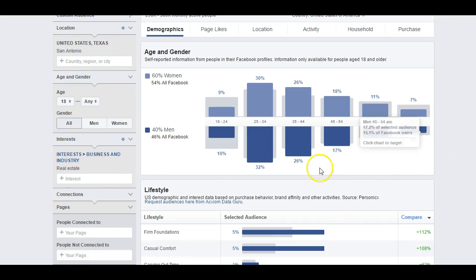First off, we're going to look at age and gender. So we don't have a whole lot of engagement from people on real estate between the ages of 18 and 24. So we don't want to target that age group between 18 and 24. The sweet spot is actually between 25 and 64 years old. Your absolute sweet spot is 25 to 44,